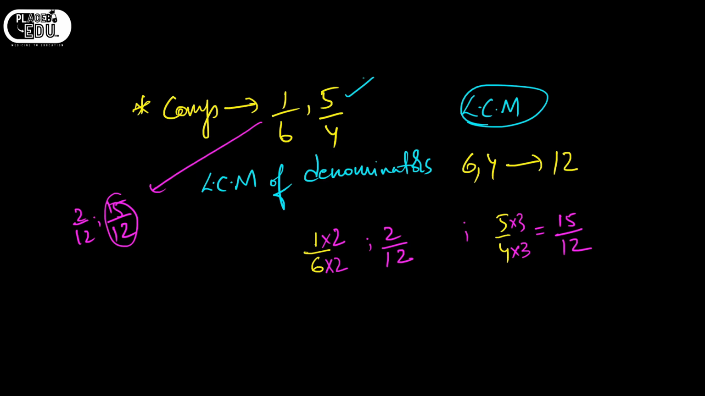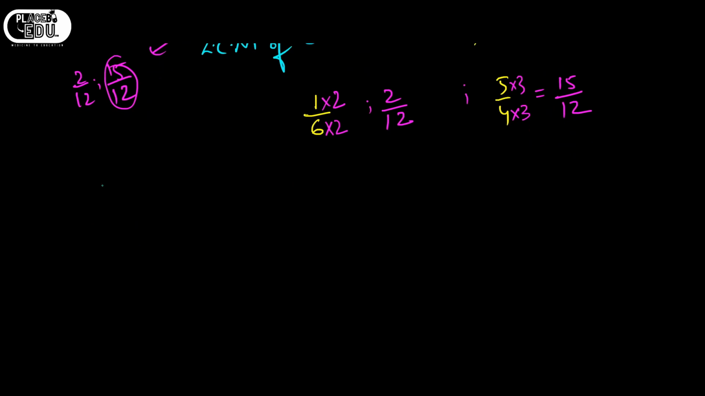And how to add them? How to add 1 by 6 and 5 by 4? It's very easy. I have already converted 1 by 6 and 5 by 4 to 2 by 12 and 15 by 12. Understood? These are unlike fractions, this is like fractions. So whenever you see unlike fractions, these unlike fractions should be converted into like fractions for subtractions, additions, and also